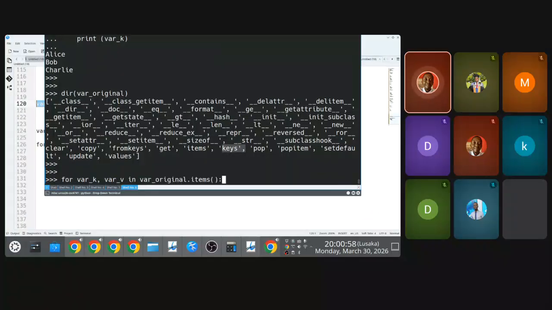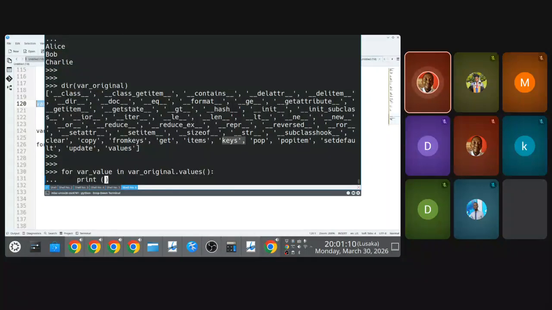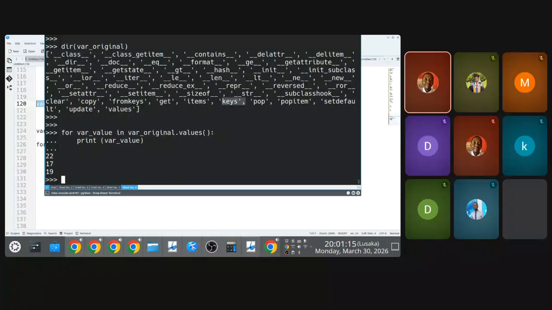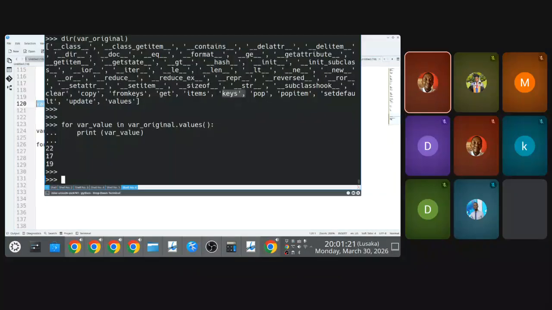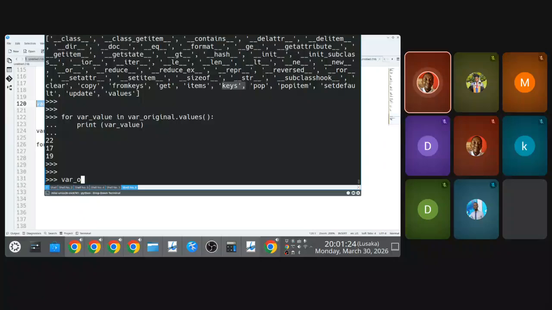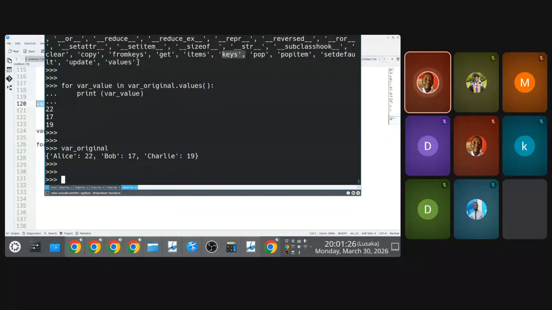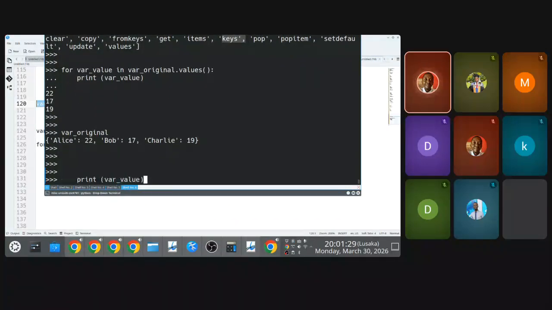The same goes for if I want to loop through the values. Call this var_values, for value in var_values, print the value, to get the values. Or the other approach would be, well, I have the dictionary var_origin, and I want to get the values. I can loop through the keys,